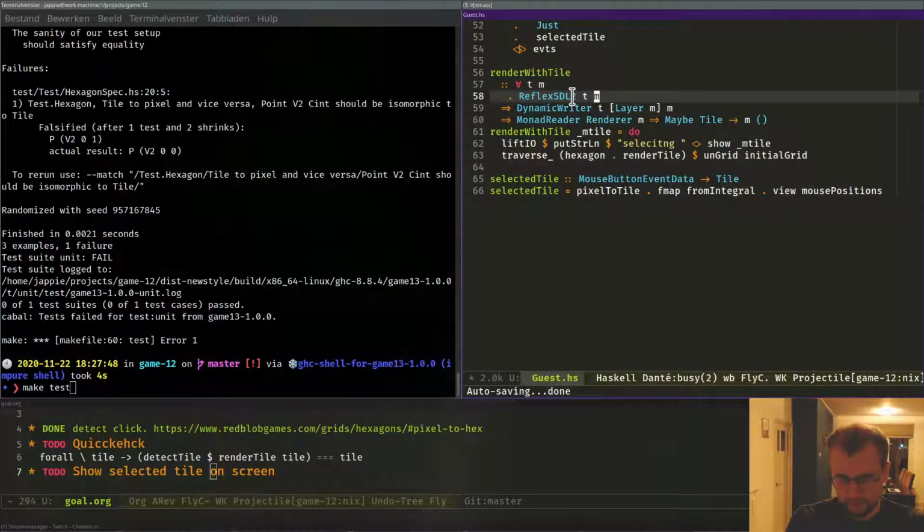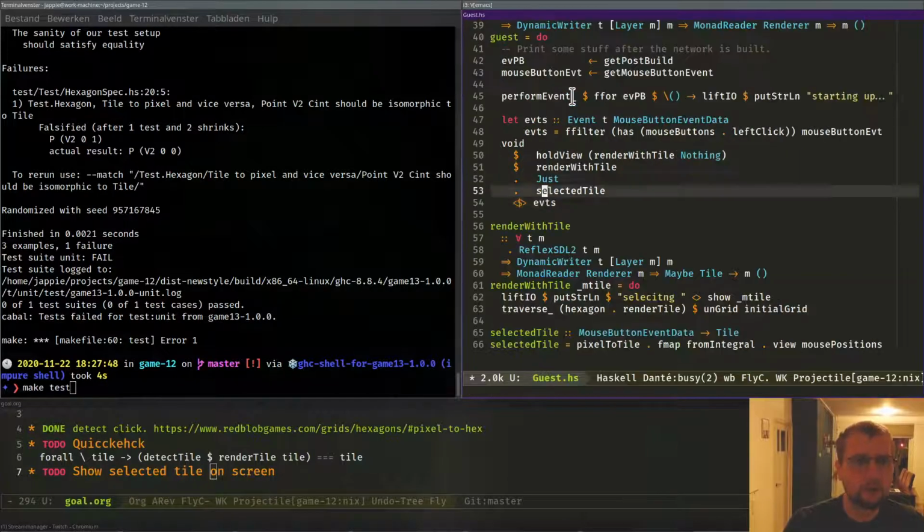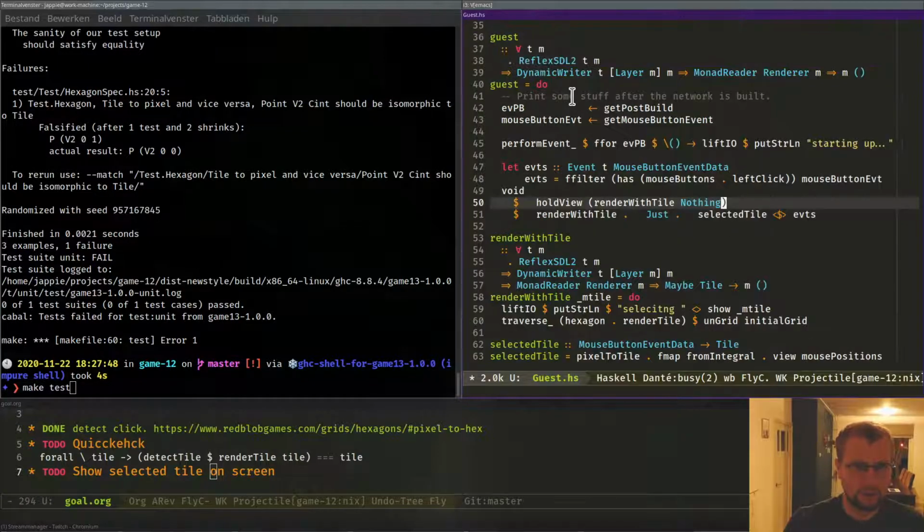So you have time as a bunch of values in your language. No, actually they kind of make it harder to access it. So you normally can't quite get it out, and you have to use these special functions to access them. For example, hold view. This is a special function. And what we're doing here is we've got these events out, right? The mouse button event data. And what we're doing then is, by default, we will pretend we don't have any tile, so it's nothing, until